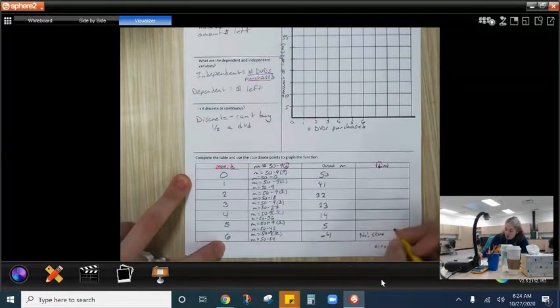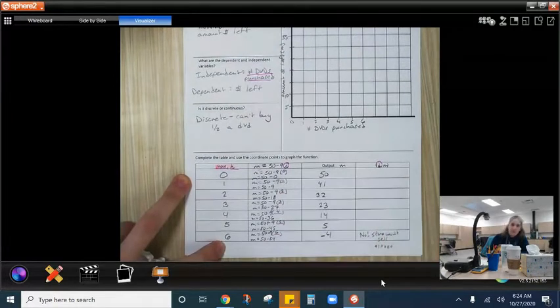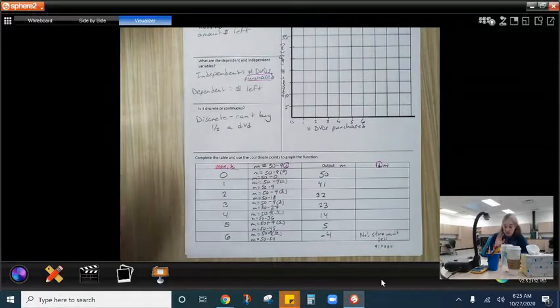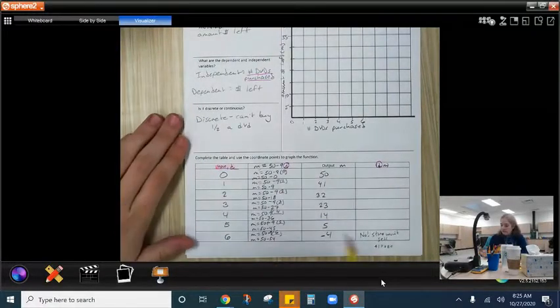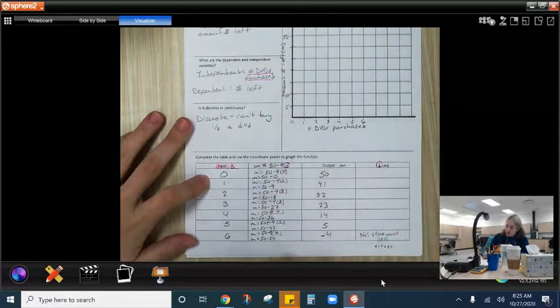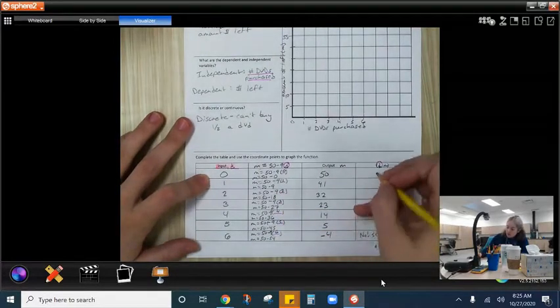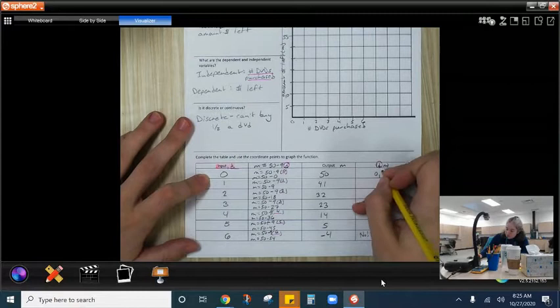The store won't sell to me if I don't have the money. Okay, I'm just telling you right now, that's a thing. The store won't sell to you if you don't have the money. So just know it. Agree with it. So that means when I go to plot these points, I'm going to have a 0 and